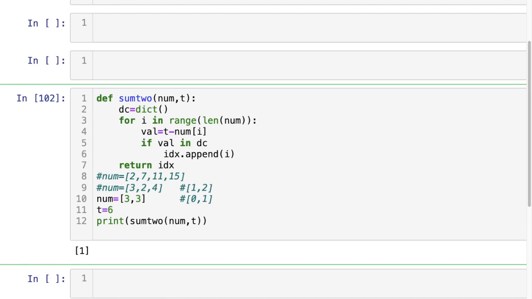If the value is present in the dictionary, then we will return the value present at key. Key is what? The value, DC of val. DC of val means the value present at that value.